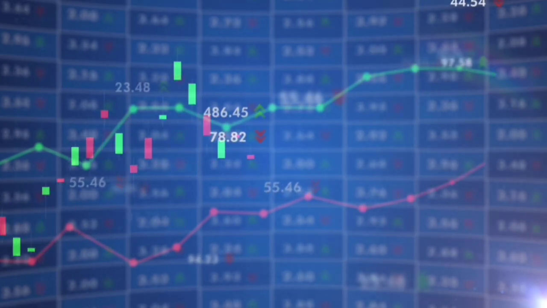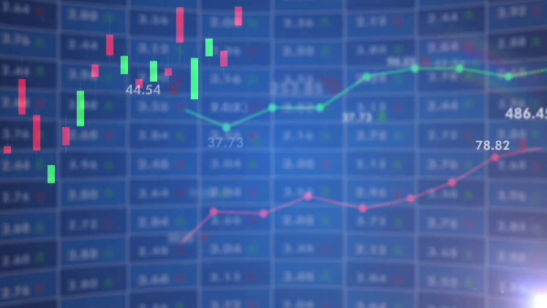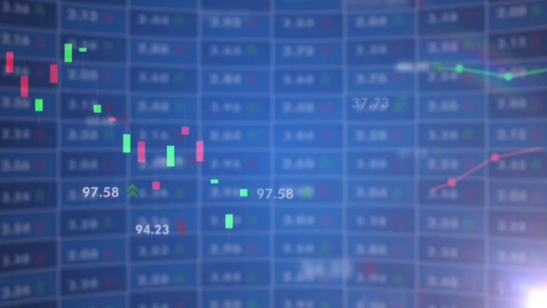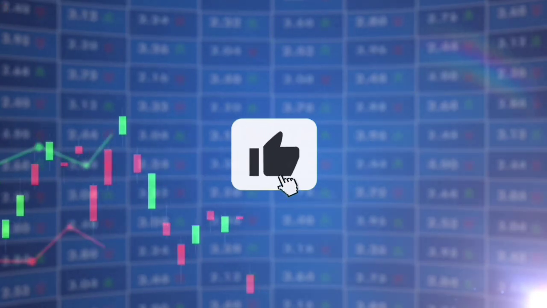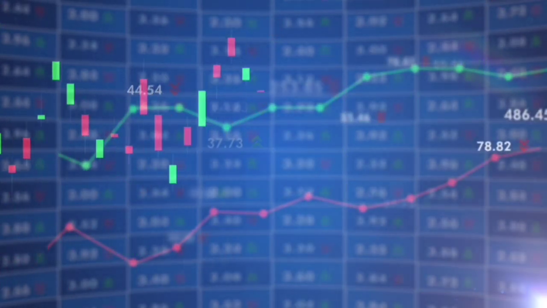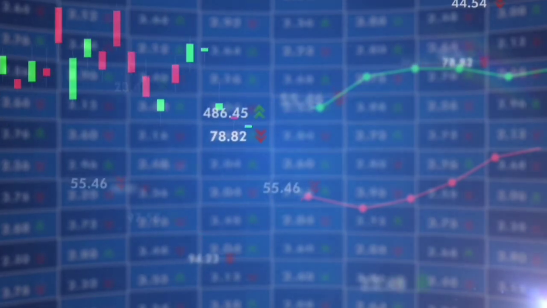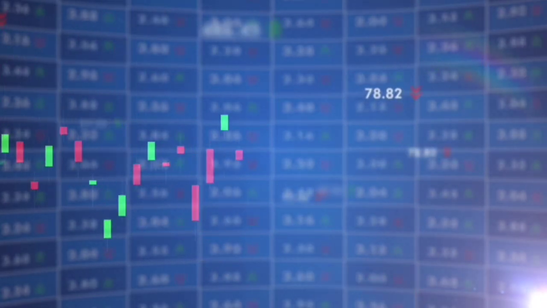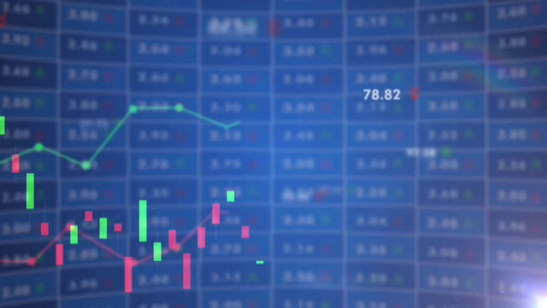What if I told you that one single line on your chart could reveal where the smart money is buying and selling? A line so powerful that professional and institutional traders base their entire day around it? Welcome back, traders. In today's video, we're diving deep into one of the most essential tools in a trader's toolkit,